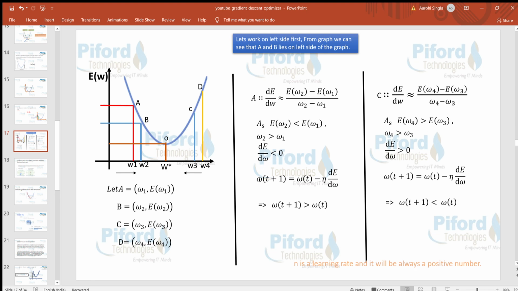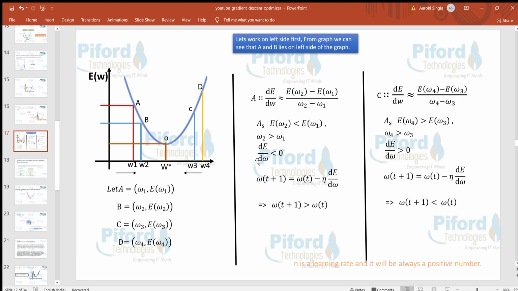So now this is the formula by which we update a weight, Wt plus 1. This means a new weight. We want the updated weight. T plus 1 means we want to calculate an updated weight. And how can we calculate the updated weight? Wt is the previous weight, minus n, the learning rate, times dE by dW.